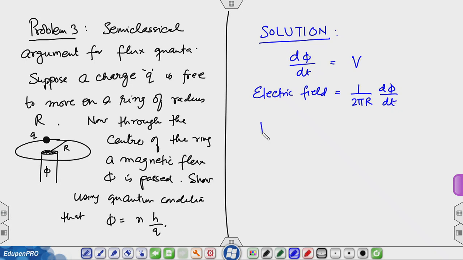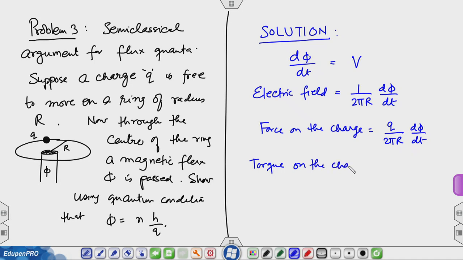Then the force on the charge is going to be q over 2 pi r d phi by dt, and the torque on the charge is going to be r times the force, that is q over 2 pi d phi by dt,